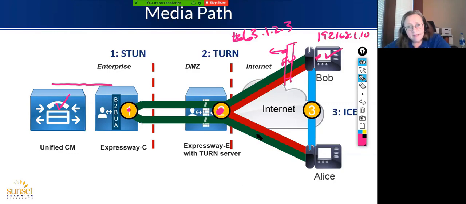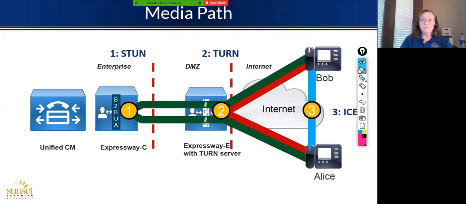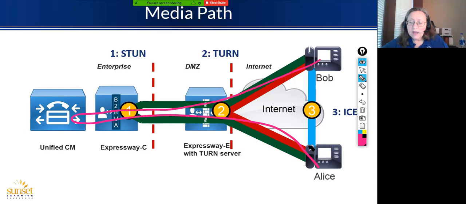So what's going to happen is, if you do ICE, you have to engage the firewall in this process. You have to tell your Expressway C's and E's you're going to be doing this. Bob will send his information to Call Manager, but as it flows through these different components, the information about who they are and where they are in the overall media path will be included in your SIP messages. And what this means is that when I'm trying to negotiate the media path between these two endpoints,